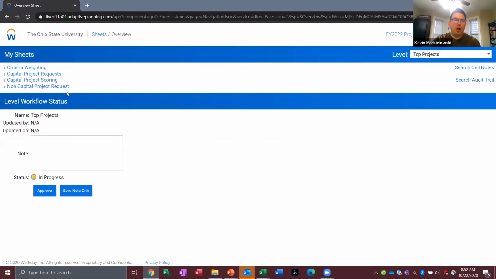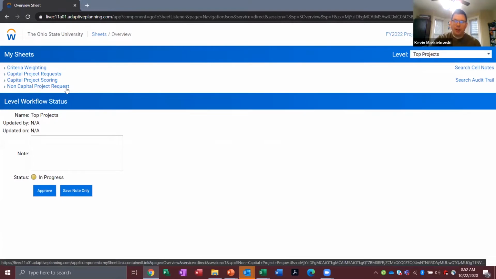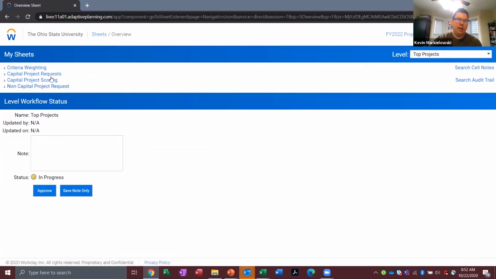I believe right now the non-capital request sheet is locked. That functionality will be releasing with the Workday go live, which happens early in January. So don't worry if you don't see this yet. It's not broken. It's not available yet. Today we'll be functioning primarily in the capital request sheet, but I also wanted to point out here